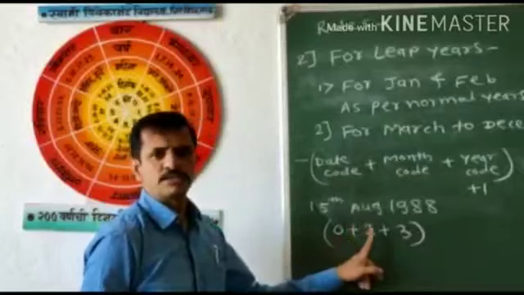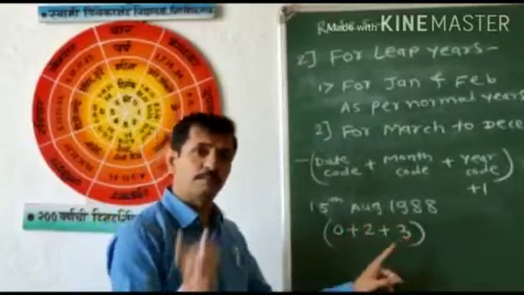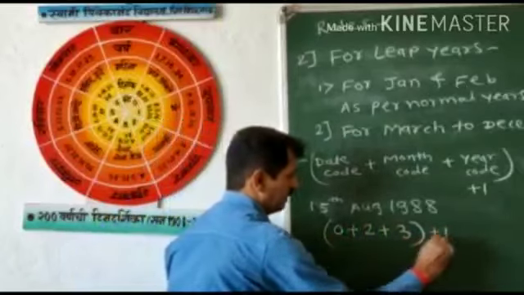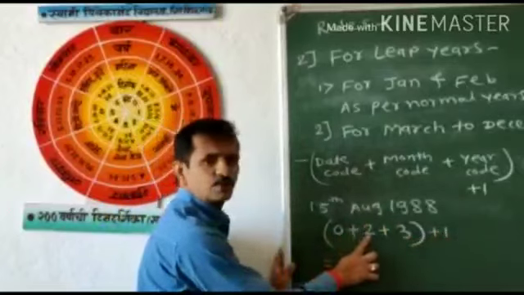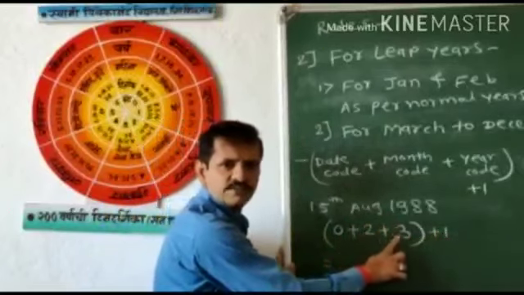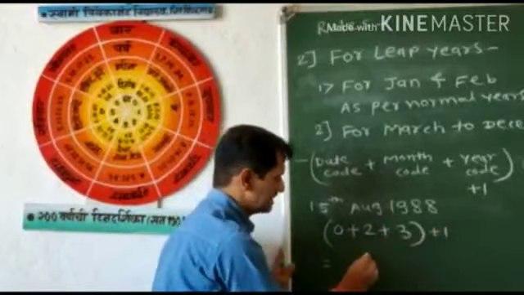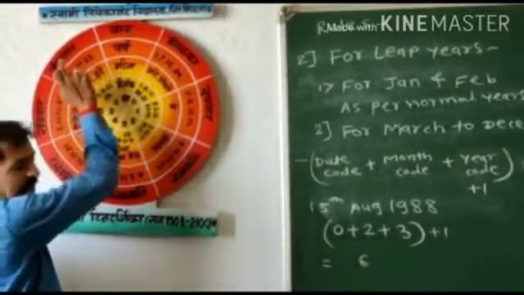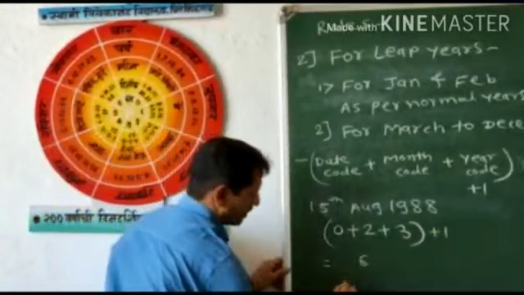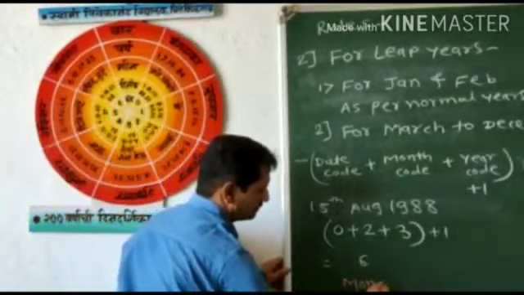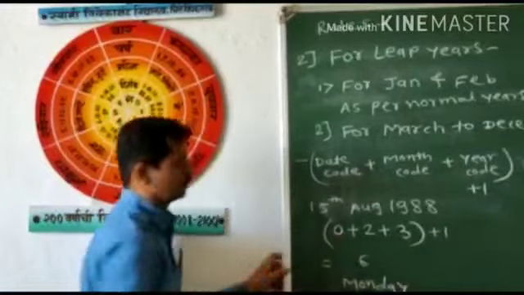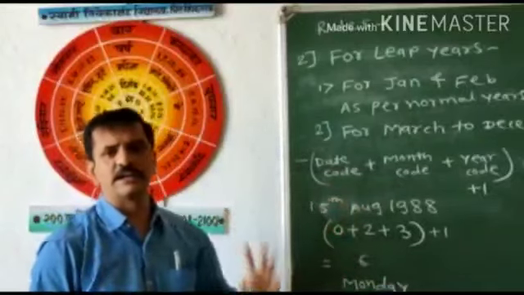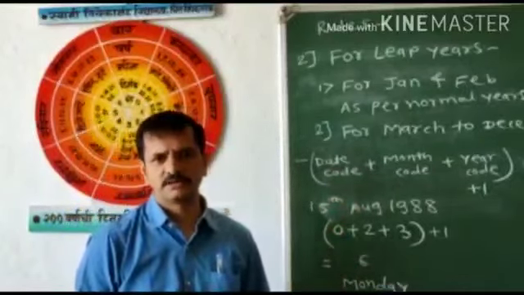Date code plus month code plus year code plus 1. So 0 plus 2 is 2, 2 plus 3 is 5 and 5 plus 1 is 6, and code 6 is Monday. So 15th August 1988 is a Monday. Now